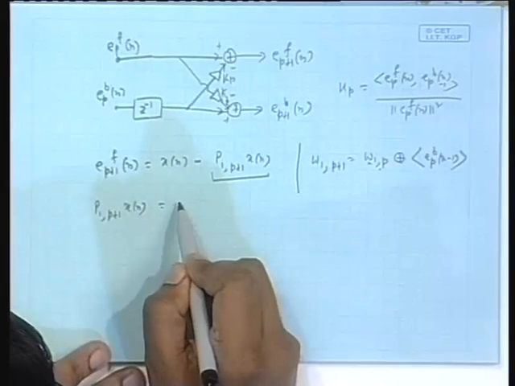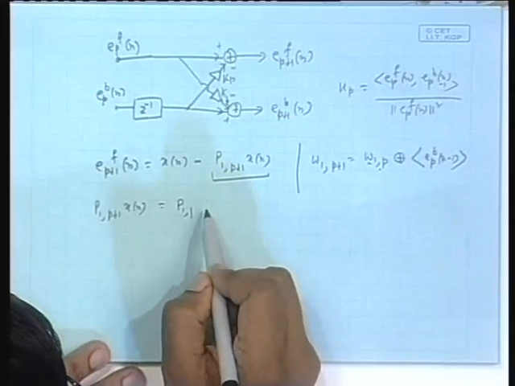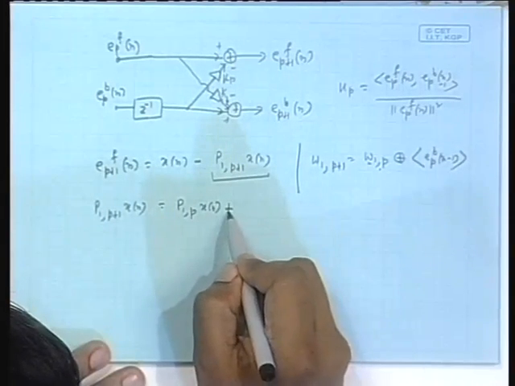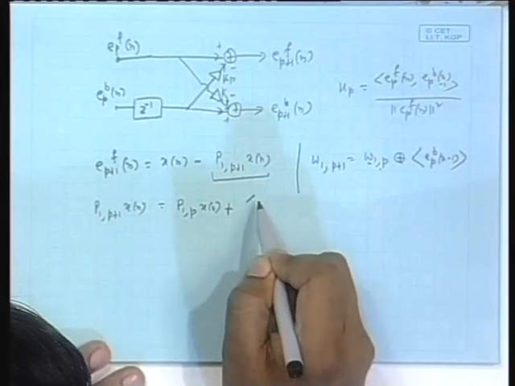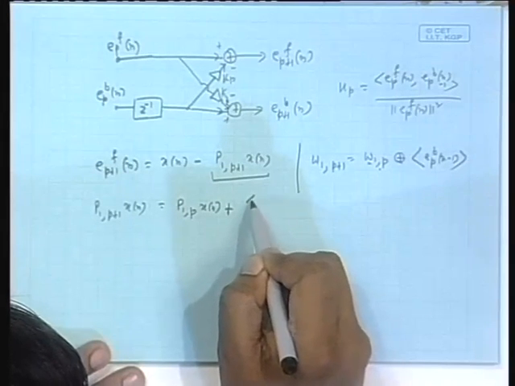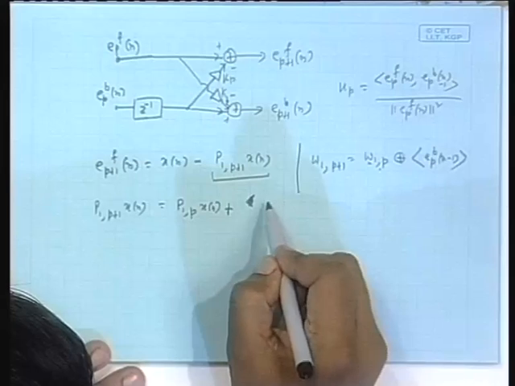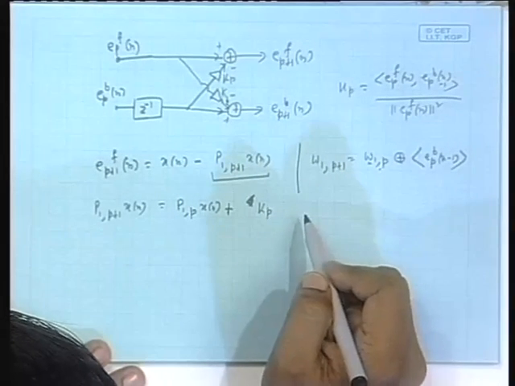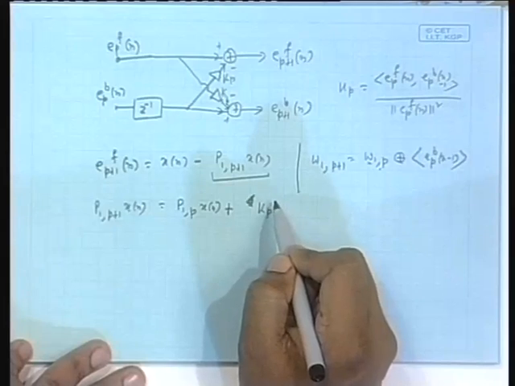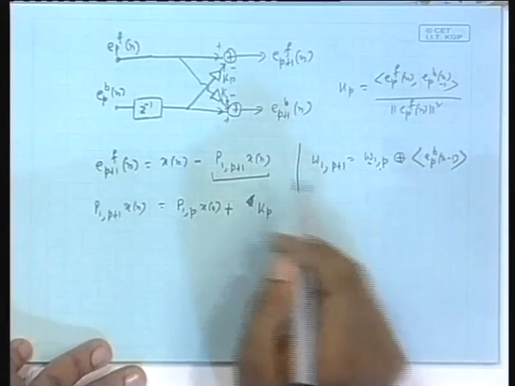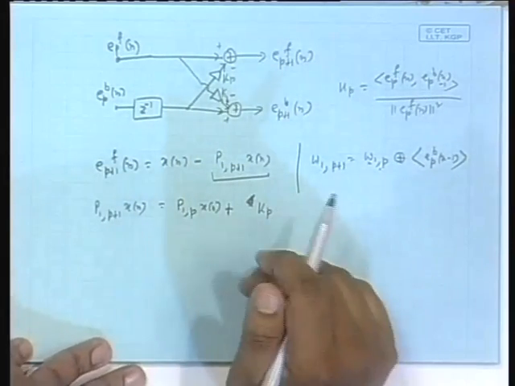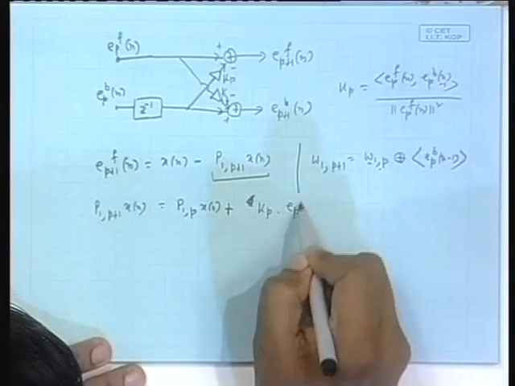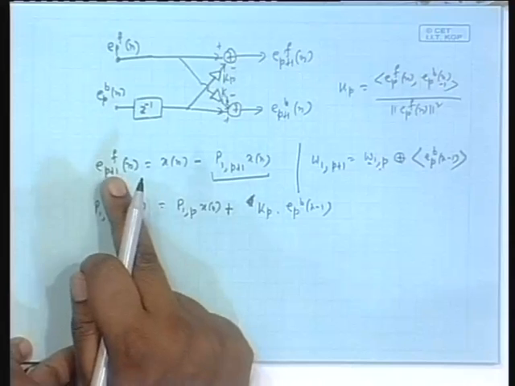That means what we did there was P1 P x n plus this component. In fact, this was just Kp. I called it Kpf, but later I showed that Kpf and Kp and Kp star are conjugate of each other. In this case, they are the same. So, Kp times EPB n minus 1, and then you subtract from here.